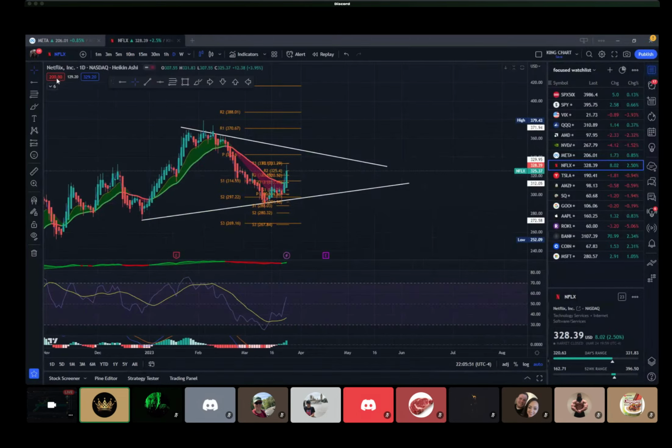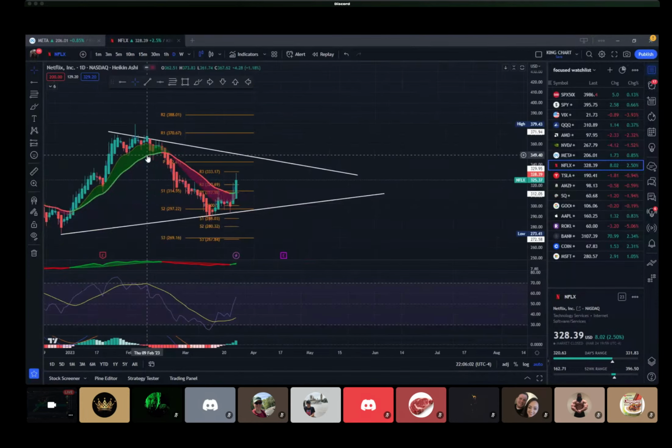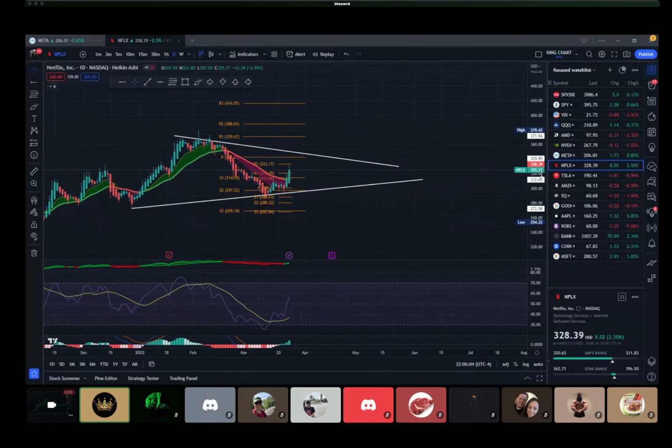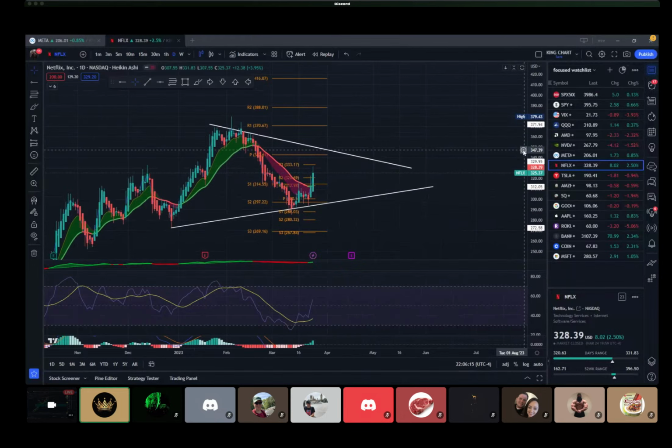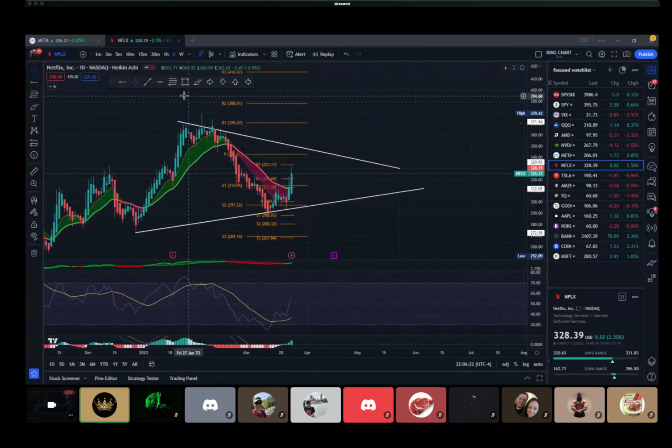All right, so if we go to the daily time frame, actually I had it already drawn out. So what do we see here? We see a kind of symmetrical triangle going on here. See how it's kind of just up, down. Actually, this is the only bullish move that we've seen so far. Oh no, this is daily, sorry. We've had a few bullish moves. Definitely, if you're swinging, Netflix would be a nice swing to the 340s, to that 340 range.